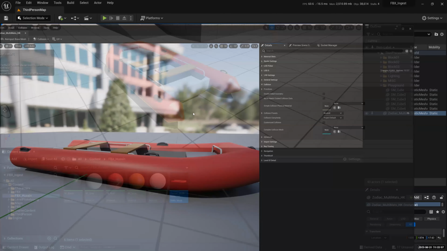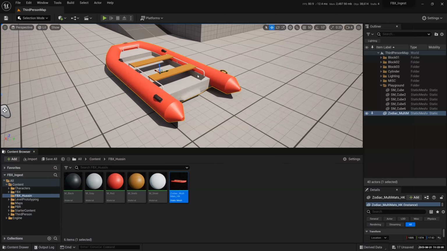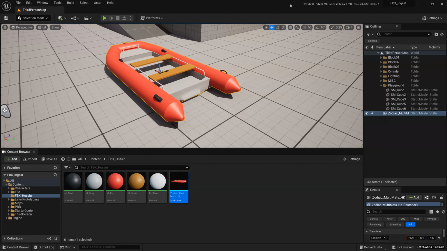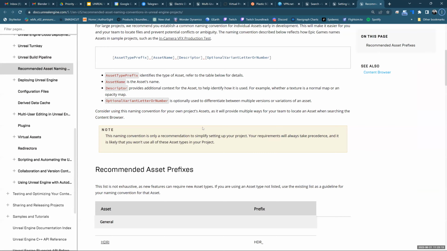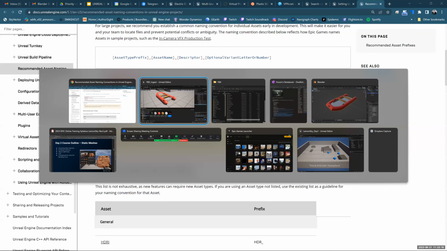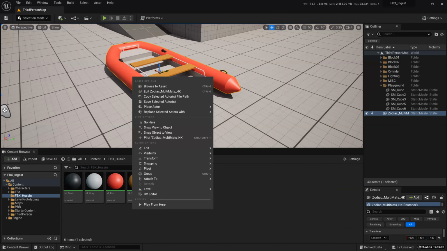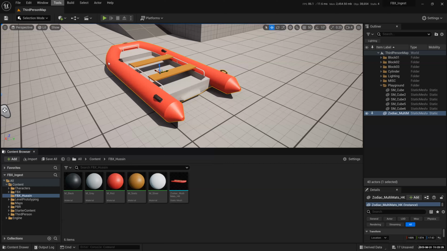I want to try right click. If I go to open in the editor, it opens up. Oh no, it did not happen, sorry. There is a keyboard shortcut, Control E, but I'm trying to make sure that you know how to go to the menu. Okay, go to Actor, Edit. There you go, right? Actor, Edit.